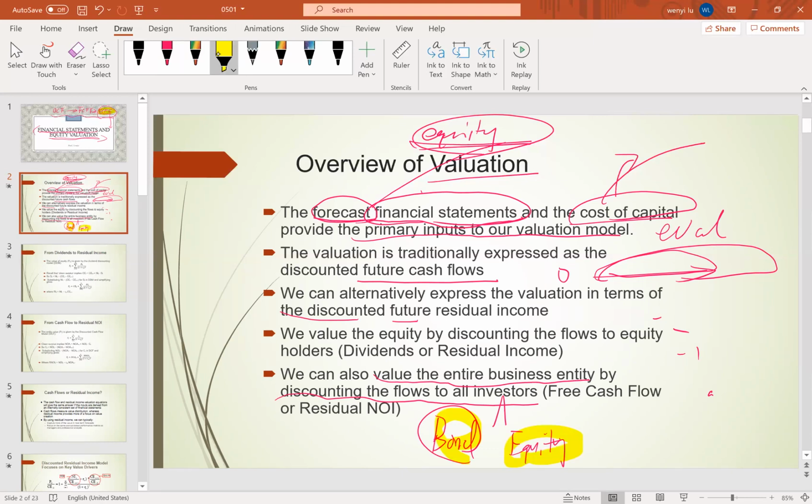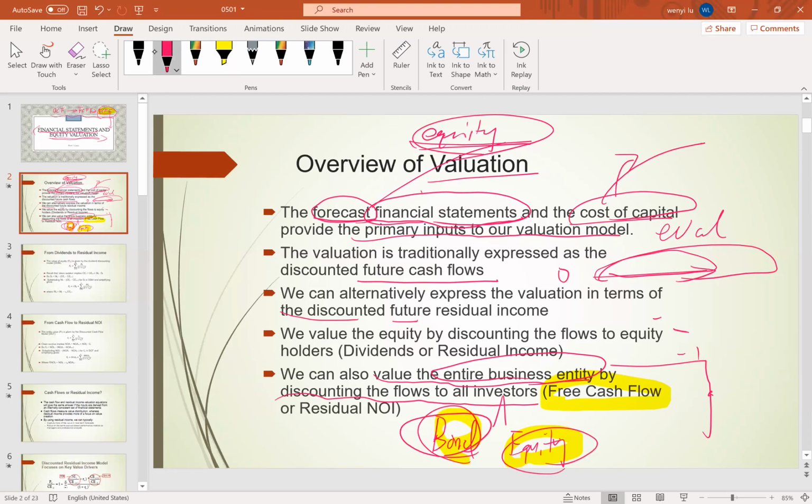So we will first get the free cash flow to these investors. That's operating cash flows plus what? Plus the non-cash charges. Then we will use that to derive the free cash flow to all the investors. Then we will also solve for a discounted value. If you do that, you solve the whole business entity's value. The whole business entity's value minus the book value of the debt will be the value of